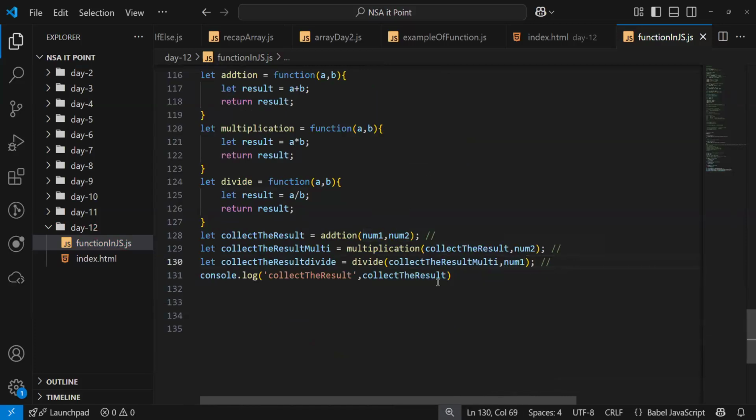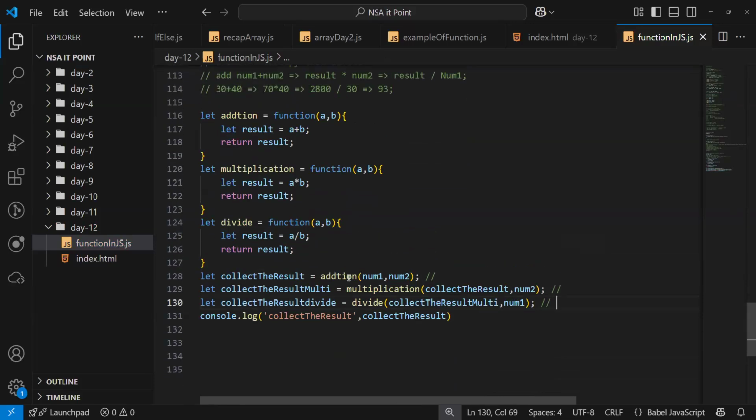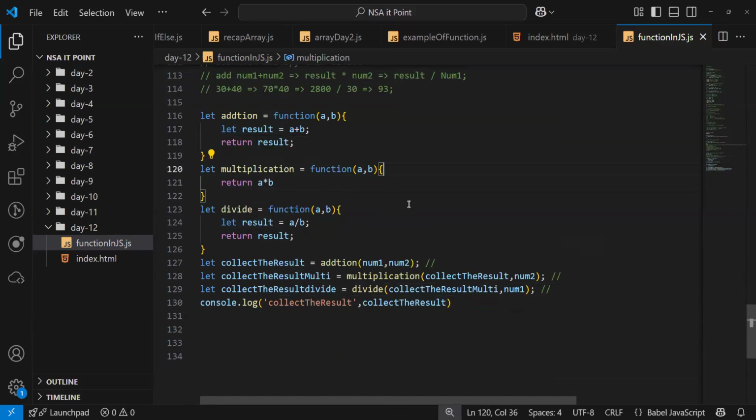I know it's a little bit confusing. Without a function, a plus b without use of the result variable, yes, you can do that. So I can show you here, I don't need to write this thing. Why do I store if I want to return? Why do we need to create an extra variable? It's not necessary. You can write like that too.